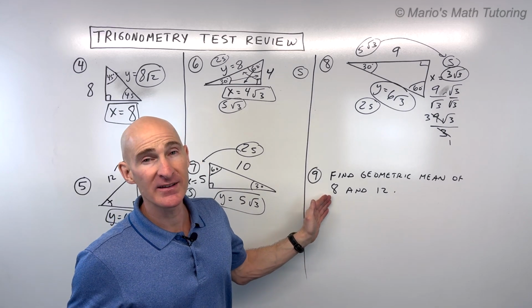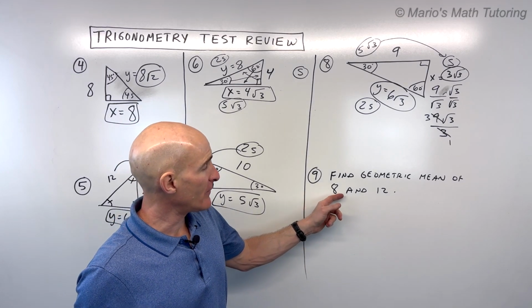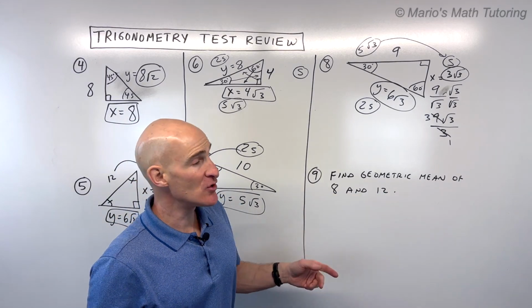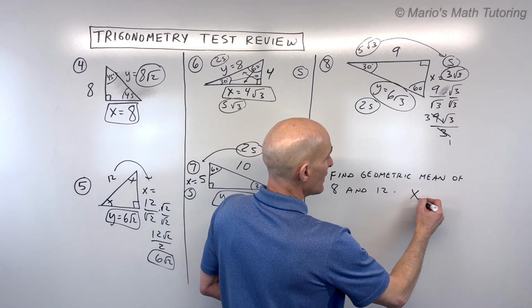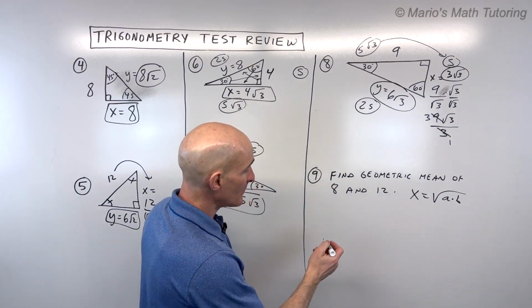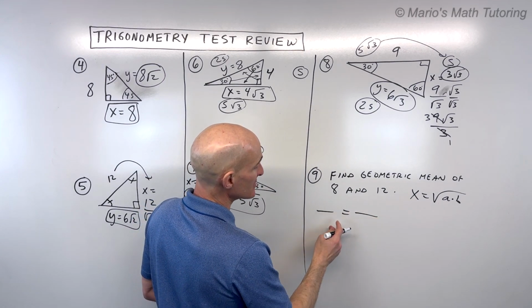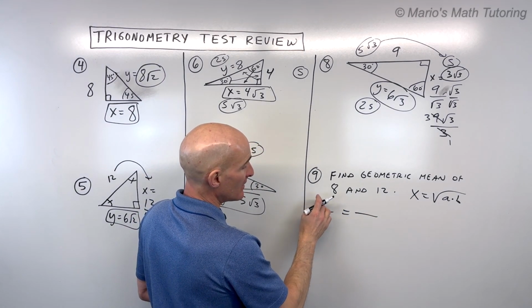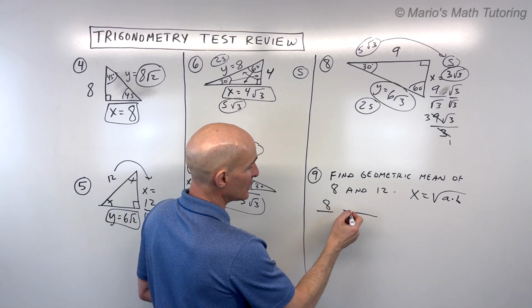Okay, now moving on to the geometric mean. If we want to find the geometric mean of two numbers, you can use this formula. It's x equals the square root of a times b. Or some teachers will set it up like this. They'll say these are the means and these are the extremes. So if I put 8 and 12 here,